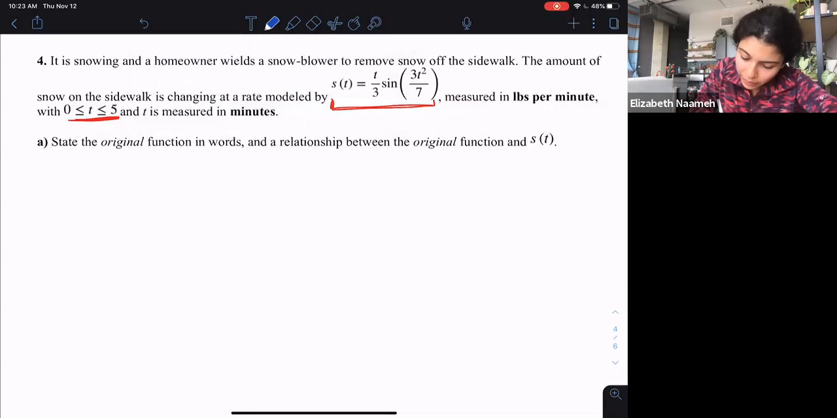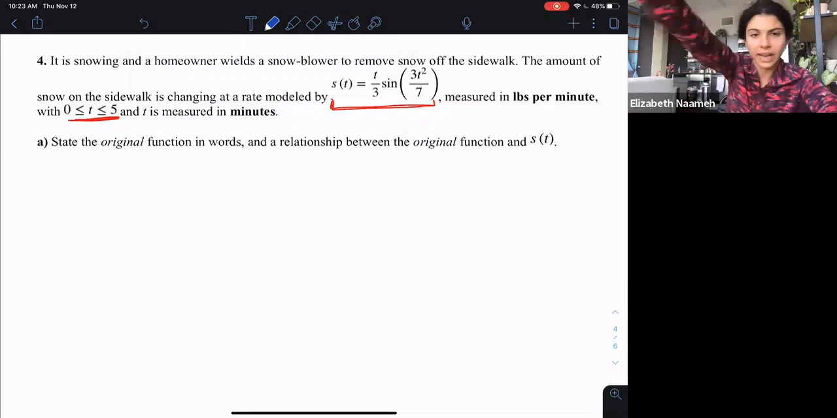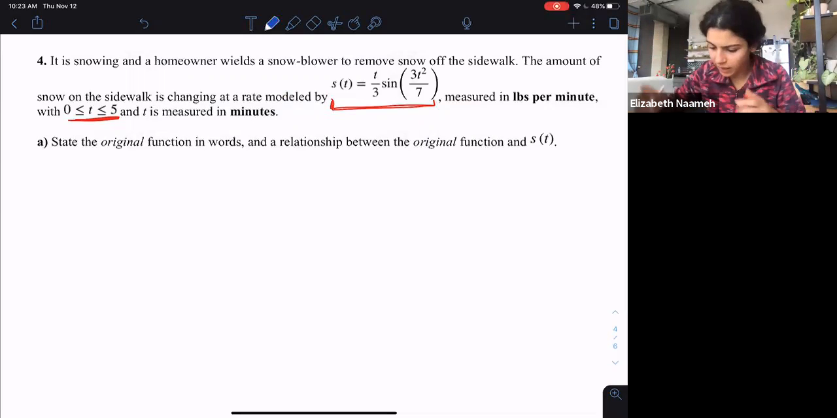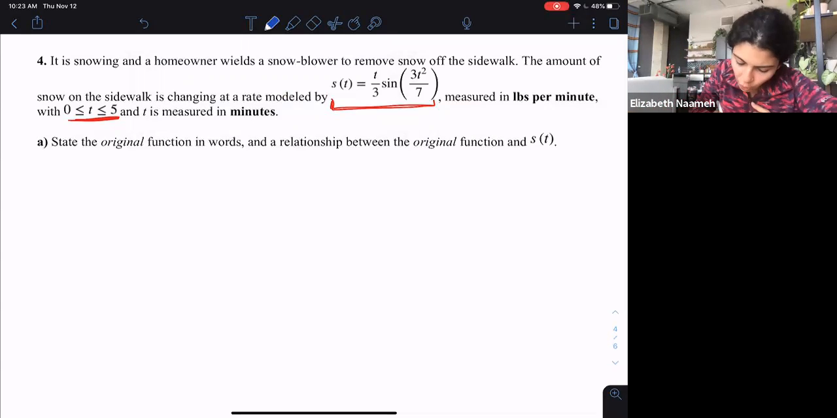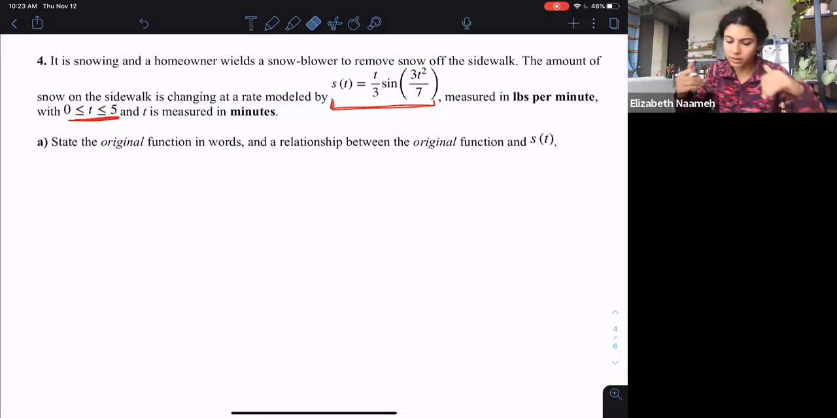It says, it's snowing and a homeowner wields a snowblower to remove snow off the sidewalk. He's got a snowblower, he's getting it off the sidewalk. The amount of snow on the sidewalk is changing at a rate modeled by this function, measured in pounds per minute. So let's make sure we understand what's going on. He's getting snow off the sidewalk, and the rate at which the snow on the sidewalk is changing is modeled by this function. So the first question is,